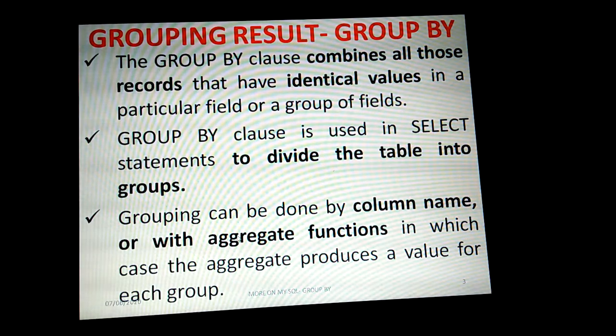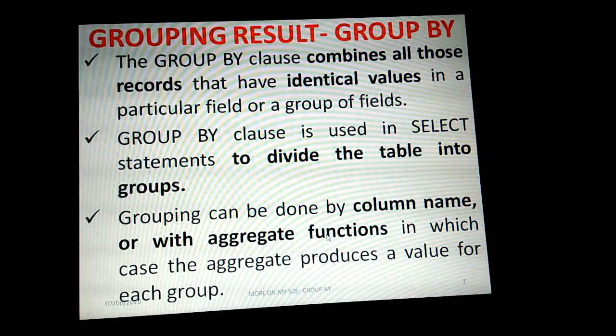Grouping can be done by a column name or with aggregate functions. Aggregate functions like sum, average, min, max, count, we have discussed in the last class. Those kinds of aggregate functions we can make use of in the GROUP BY clause, in which case the aggregate produces a value for each group. If we group by column name, the values which are there in the table will get displayed.